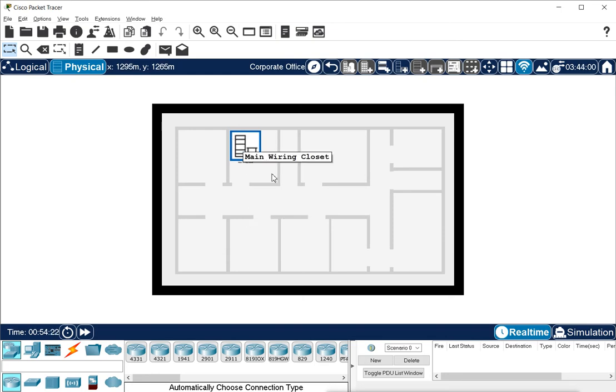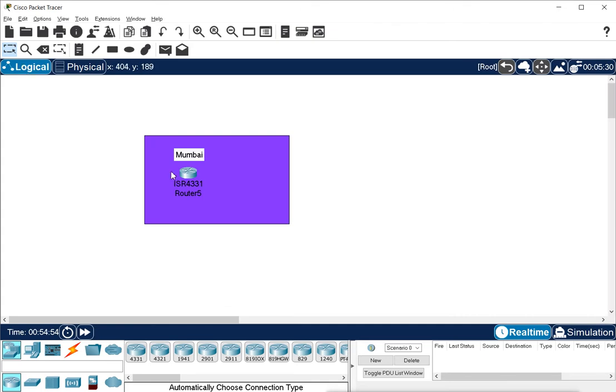So we can get the idea of how it is designed, and you can have these options here to add something into your design. Like you can add something here, you can add tables. So these are the things you can do to design your network, and this is the logical viewpoint. Now we'll see how we can configure the routers and switches.